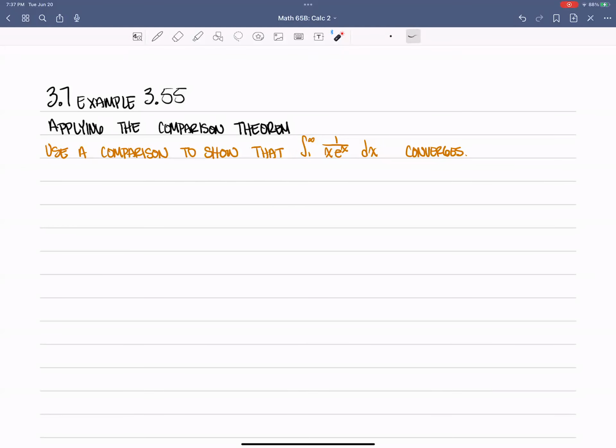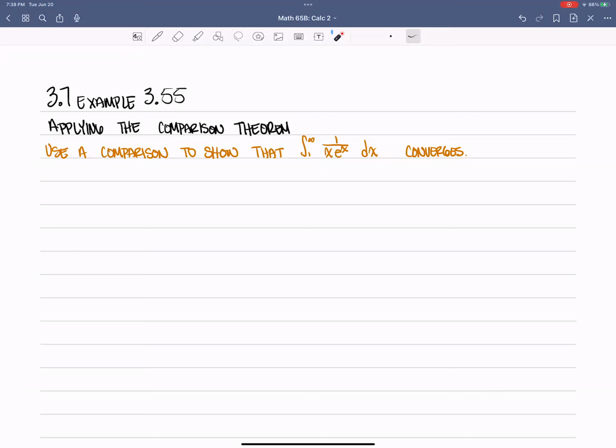Section 3.7, example 55, applying the comparison test. Use a comparison to show that the integral from 1 to infinity of 1 over x e to the x dx converges. Now what we want to do is find a function who